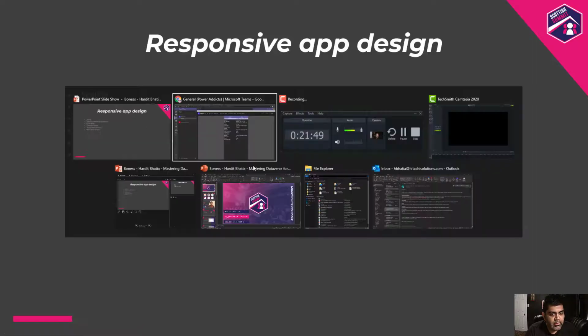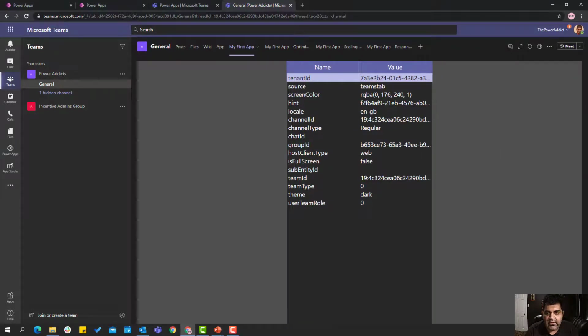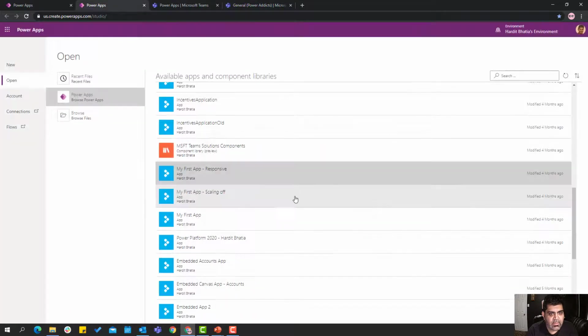If I now go back to my Teams theme, as you can see, this was a very simple app that I created outside of Dataverse for Teams. It is a data table that shows you the different params, but you can see that there is a lot of gray space on either side, which doesn't look cool. So the first thing that you would want to do is, if I go to this app, the first thing